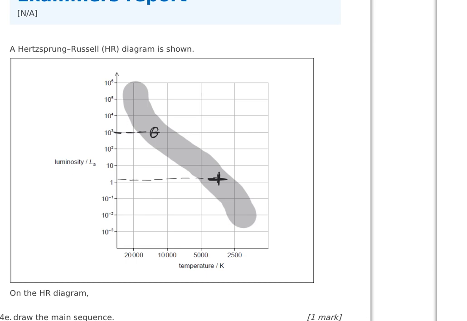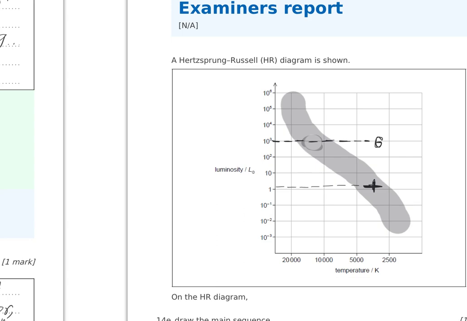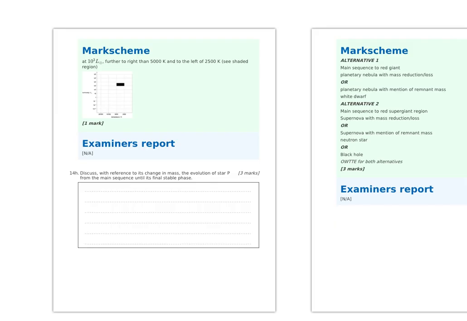Gacrux would be about there. Hold on, no, it doesn't actually say that Gacrux is main sequence, but we do have a temperature for it, 3600 Kelvin. There, it's outside the main sequence. Okay, 14H. I don't know what they mean by star P, but I guess like of any star,